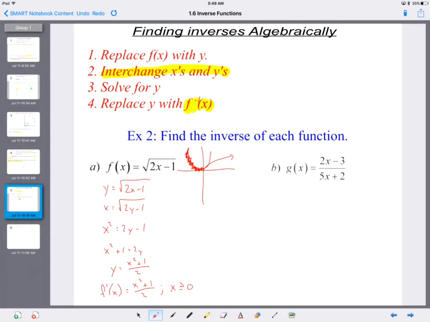So once again, that's something we can talk about a little bit more in class, but we do have to place a restriction on those quadratics. And here's your quadratic. So we know on quadratics we're going to have a restriction. Now if I give you the original problem, it's already going to have the restriction on there so that it is a one-to-one function. Okay. On part B,